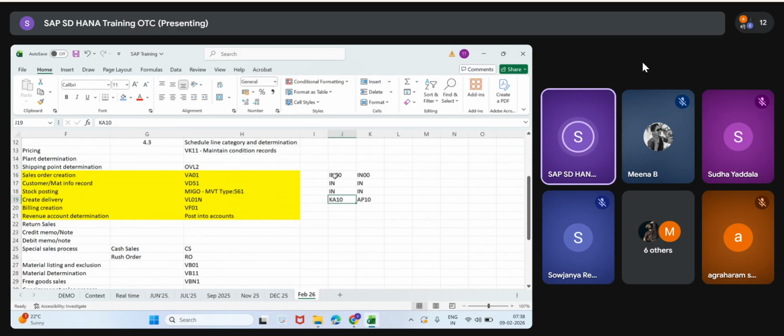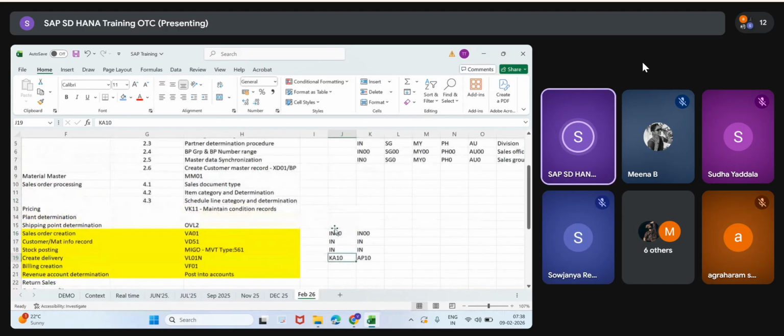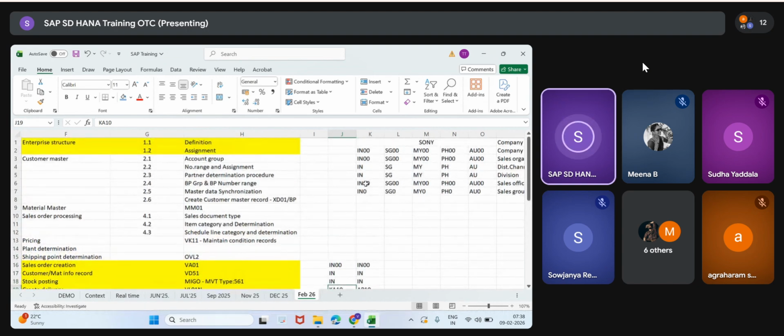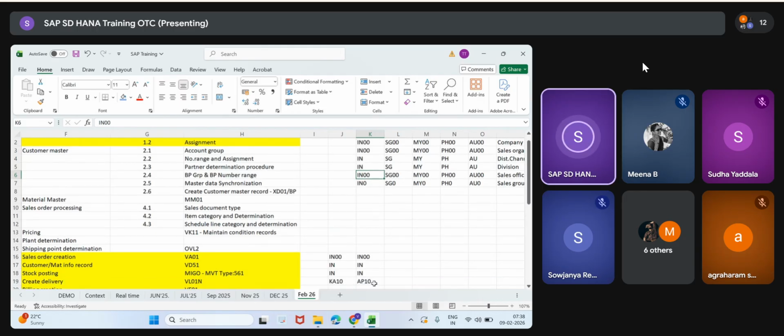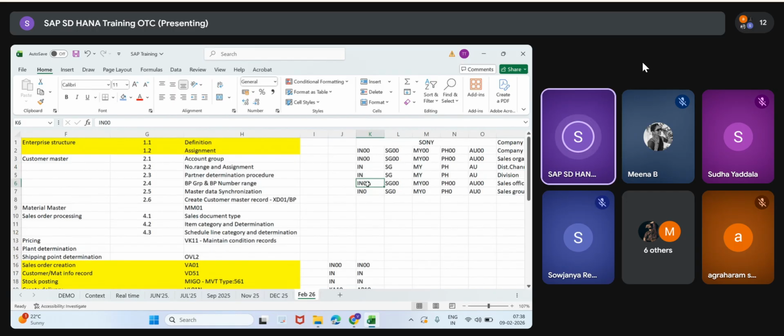At the end of the day, in India, how many orders belong to Karnataka customers? It's for reporting purposes. If they want to create multiple sales offices, we can, like KA10, AP10, TN10. We are going to learn how to create one code. One code is enough.